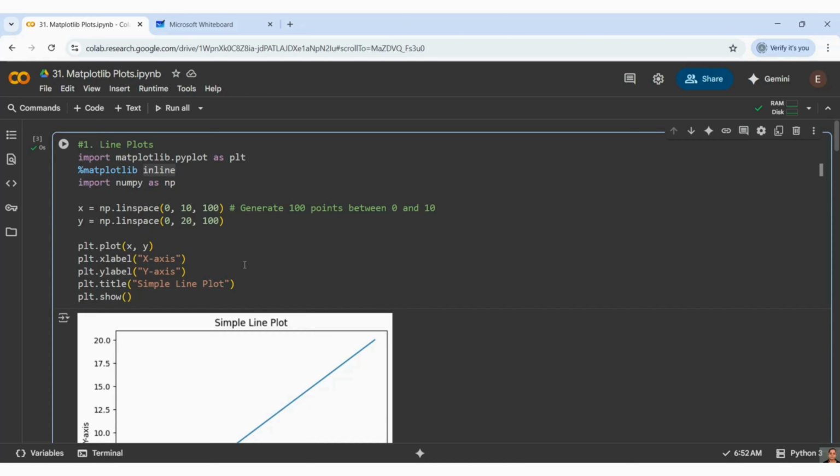Here, this one is your Matplotlib, and if you want to provide labels, different color output, dotted line, or solid line, everything you can achieve here. We will understand everything in our upcoming videos. Let us focus on understanding the basic Matplotlib plots right now.